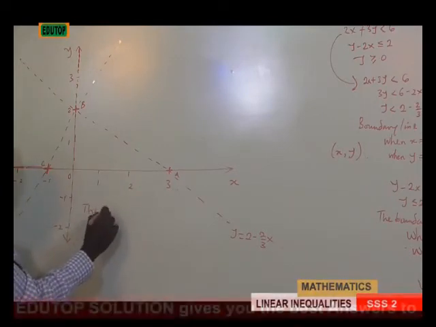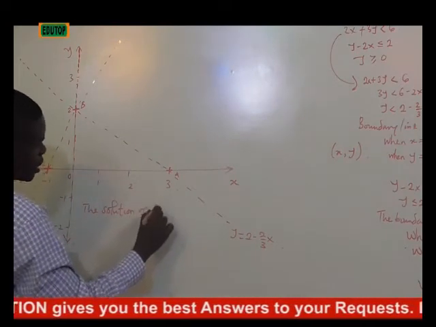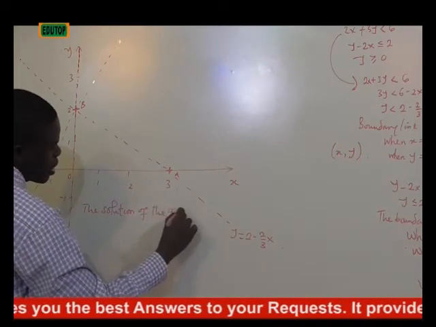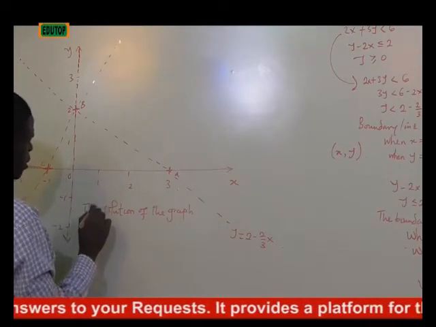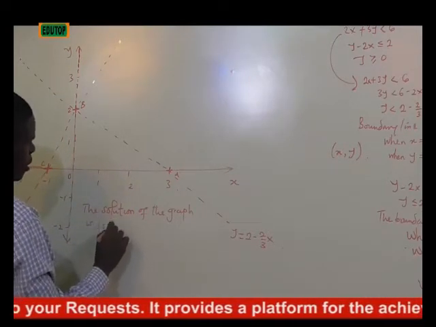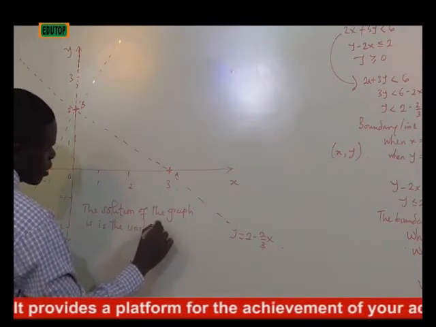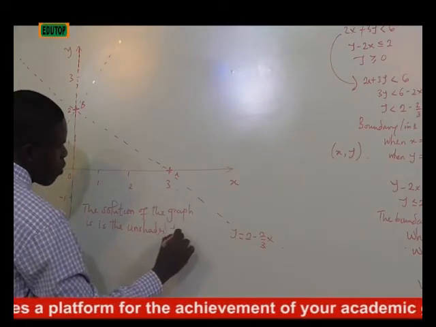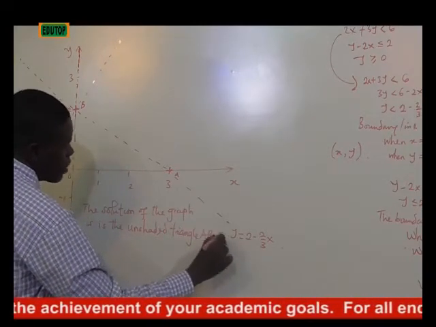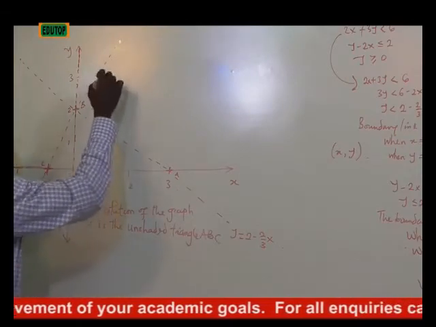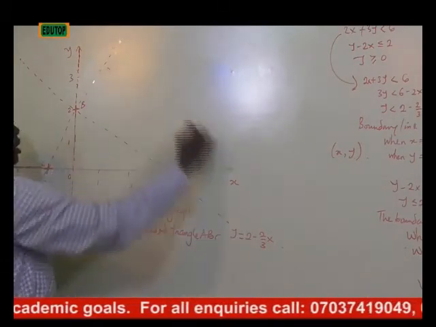The solution of the graph is in the unshaded triangle ABC. So this region will be shaded,